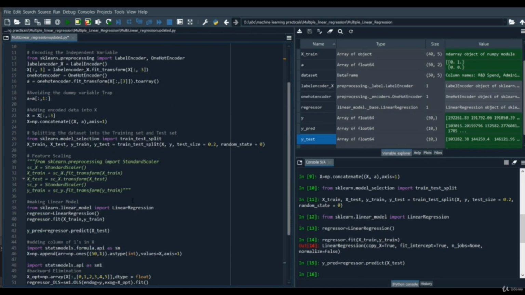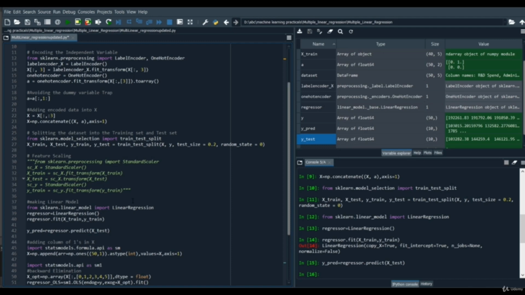So that's it for our prediction. Our model is going to make quite accurate predictions sometimes, but sometimes it's also going to make less accurate predictions, with a very large difference between the actual value and the predicted value. Why is that? In order to understand that, we need to know that if there is a data set with multiple independent variables, it's not always true that all the independent variables have a relation with our dependent variable.